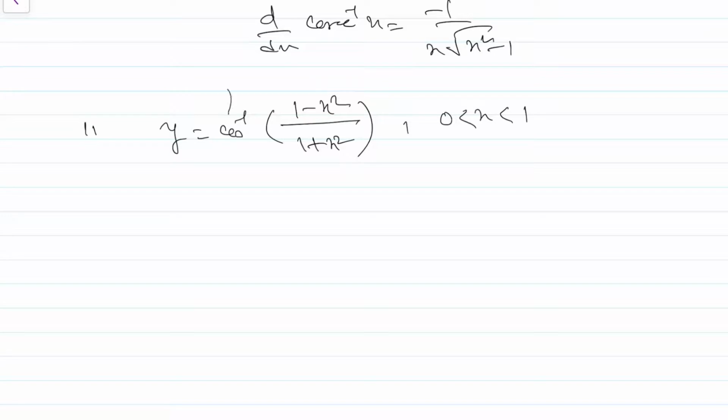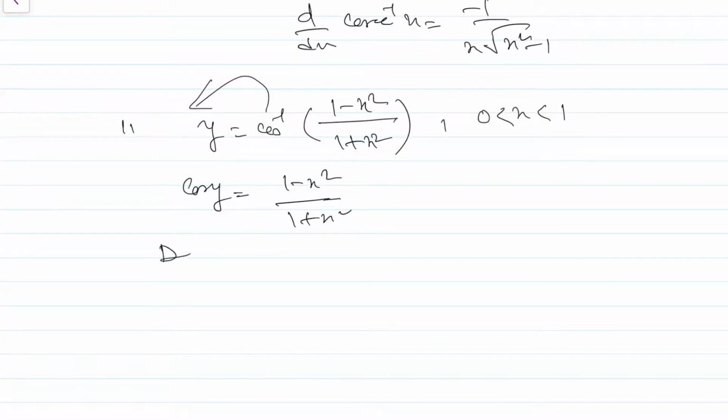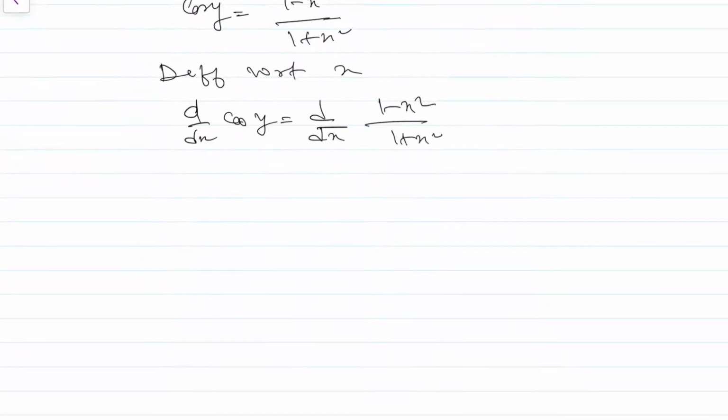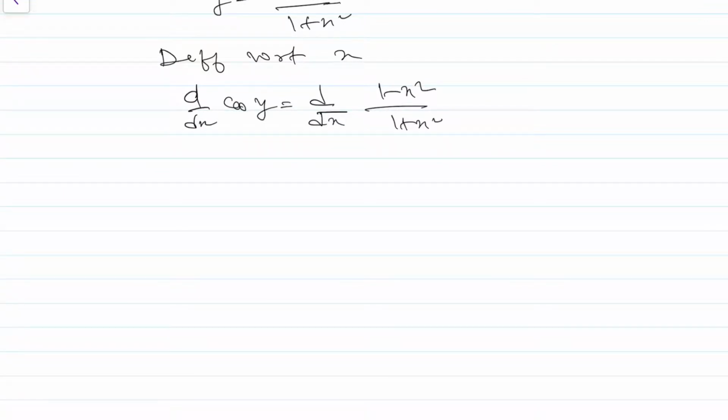So we can transpose this cos inverse to this side. We'll get cos y is equal to 1 minus x square upon 1 plus x square. Differentiating with respect to x, d over dx of cos y equals d over dx of 1 minus x square upon 1 plus x square. On the left hand side, this is not directly a function of x,